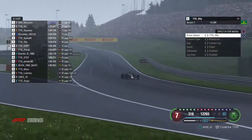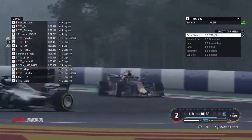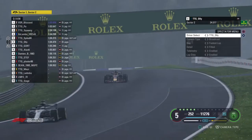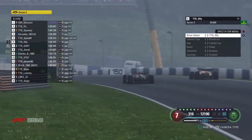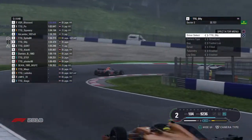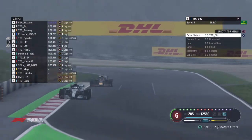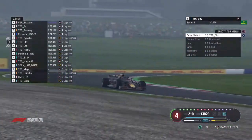As you can see there, in the bottom right hand corner of your screen, the ERS deployment. You can use quite a bit of the ERS around this track, because there's quite a few braking zones, so it allows you to recharge that battery efficiently. And also with the deployment, there's plenty of it to deploy. It doesn't limit you unless you run hot lap mode the whole way around. There's only certain points where you have to drop the battery down to a lower mode, and even then it's